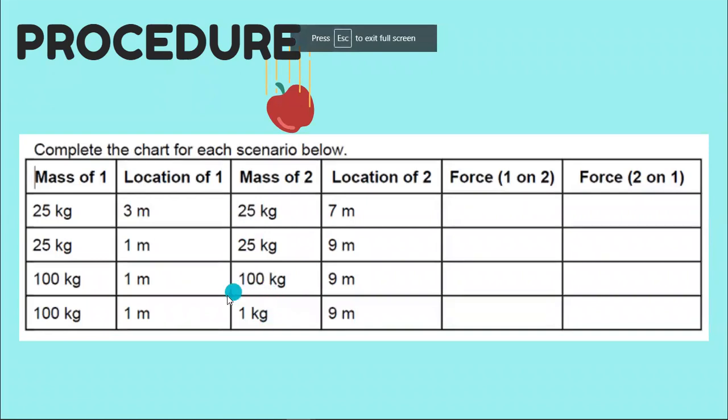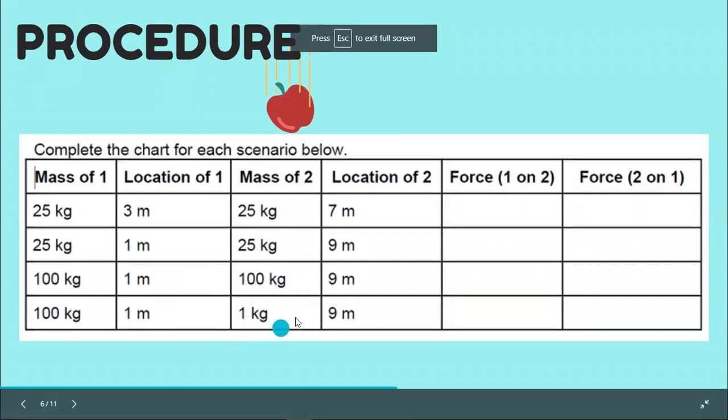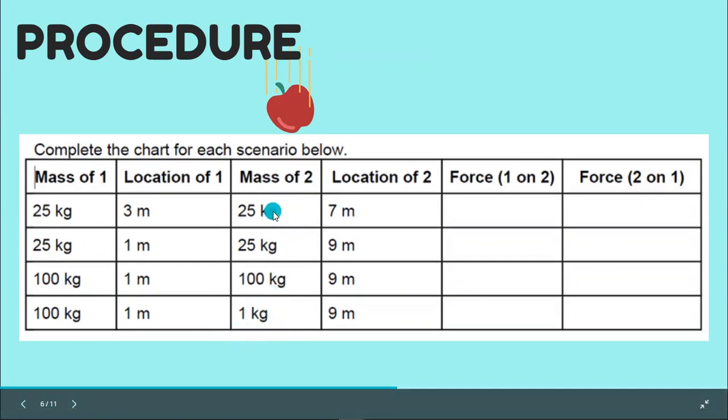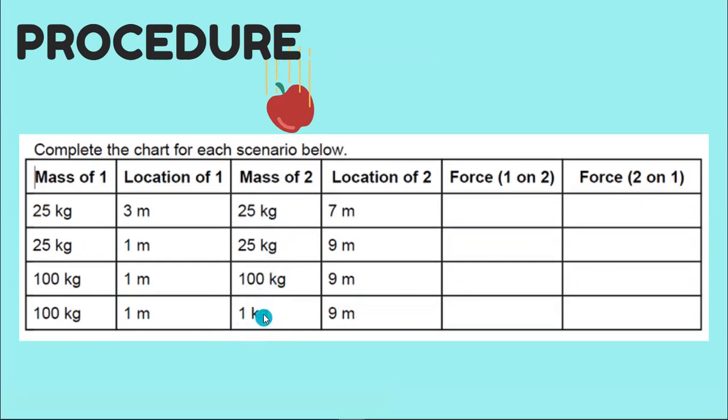So again, we are going to change this one into 10 kilograms since the simulation does not have a 1 kilogram function. Now that we are done computing and completing this table, we can now move on to our